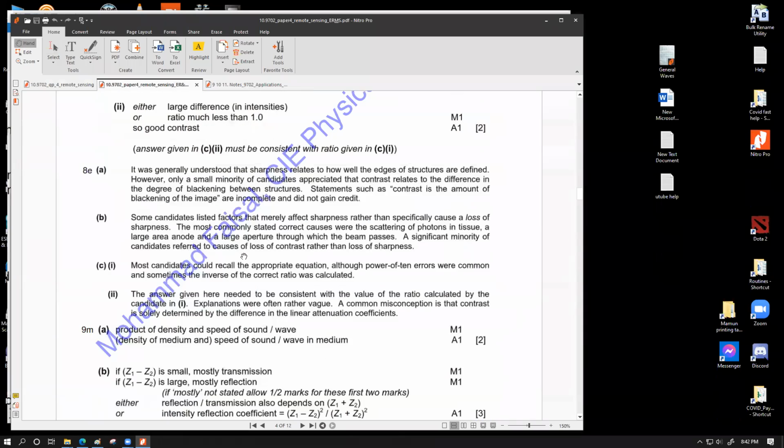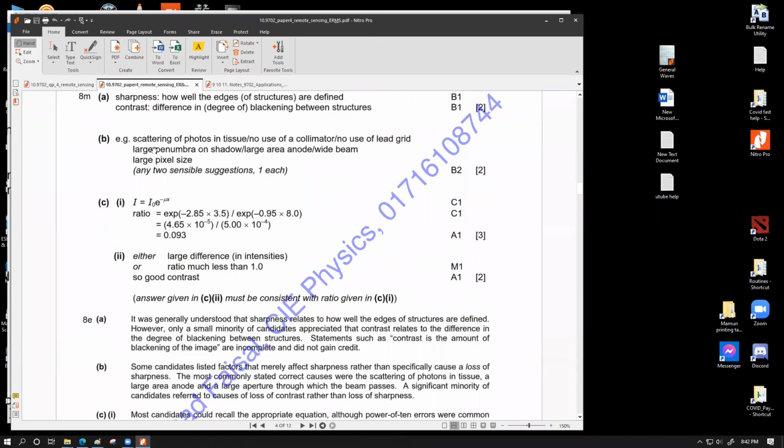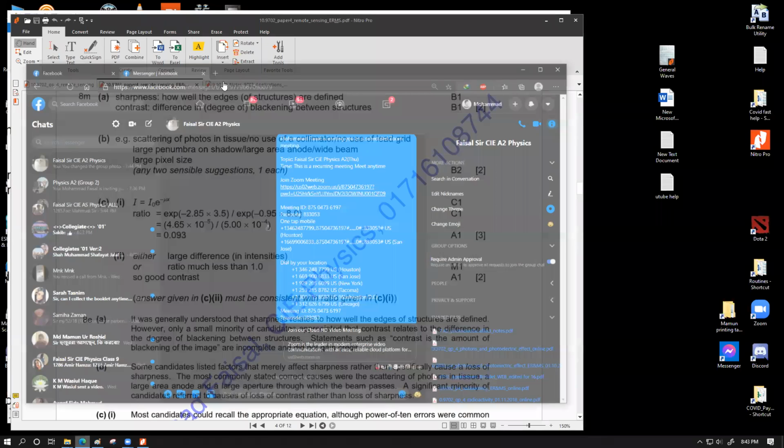বলতেছি আমি, দাঁড়া ফিগারটা দেখাই এক মিনিট। মাঝখানে বলছে scattering of photons in tissue, use of colorimeter or no use of lead bead. So এগুলো ইউজ না করলে প্রবলেম হবে। Large penumbra on shadows, a large area of anode or wide beam, large pixel size. আচ্ছা, penumbra মানে হচ্ছে নরমালি, আচ্ছা আমি তোমাদেরকে একটা গুগল ইমেজ দেখাই।